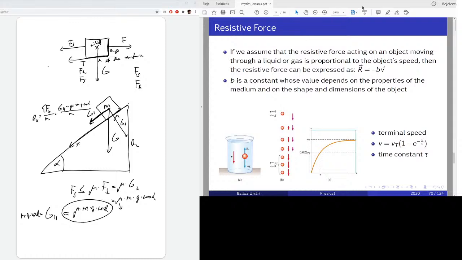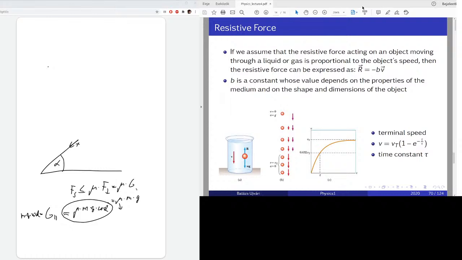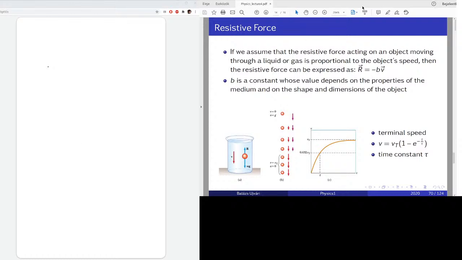friction. There are other forces in nature that try to decelerate the body. So this is, for example, the resistive force. I think I'll just create the table. So, for example, if you drop a metal ball in water, in a liquid, at the very beginning this resistive force can be expressed by a constant times velocity,